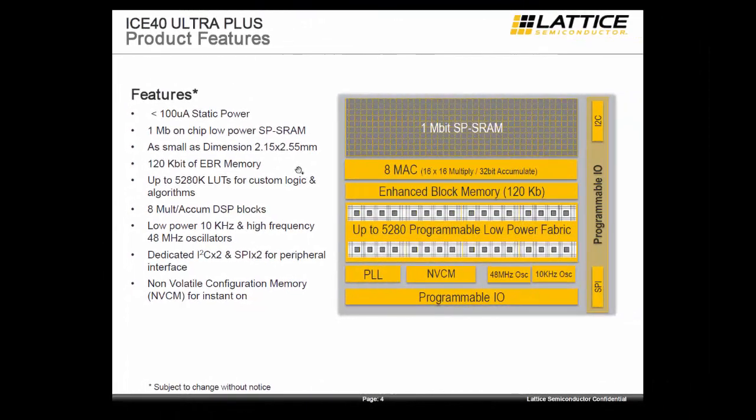So iCE40 Ultra Plus product features, I believe the block diagram that's shown on the screen describes every major block in the device. As far as the features are concerned, the static power consumption of this device is targeted to be less than 100 microamps, 1 megabyte of on-chip low-power SRAM, and a dimension on the package of smaller than 2.15 millimeters by 2.55 millimeters,